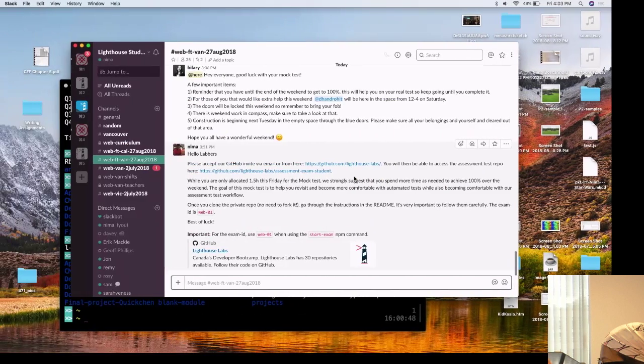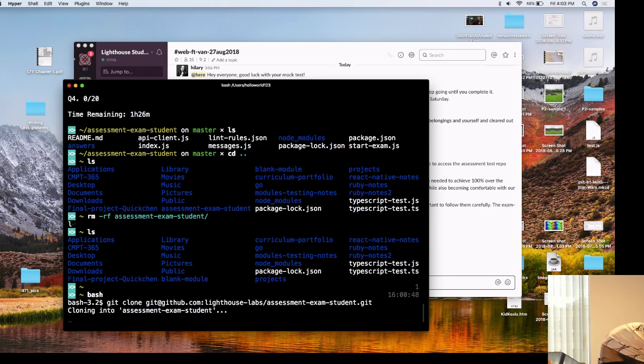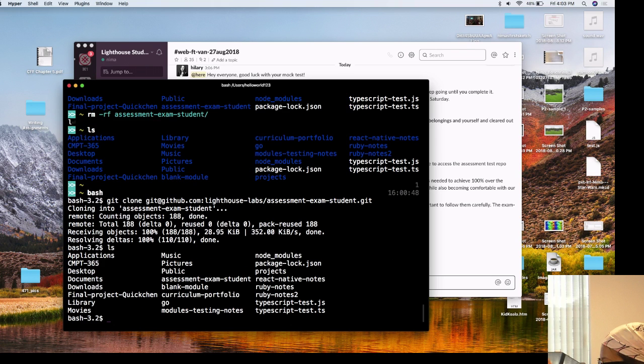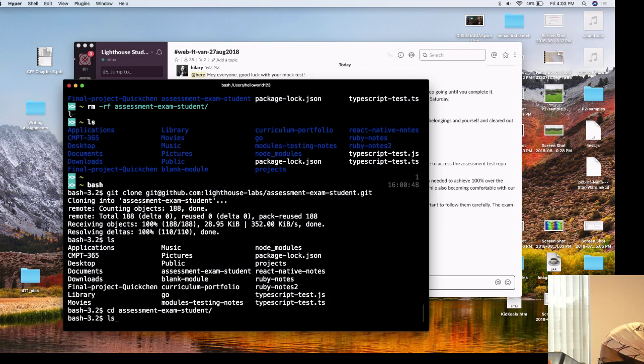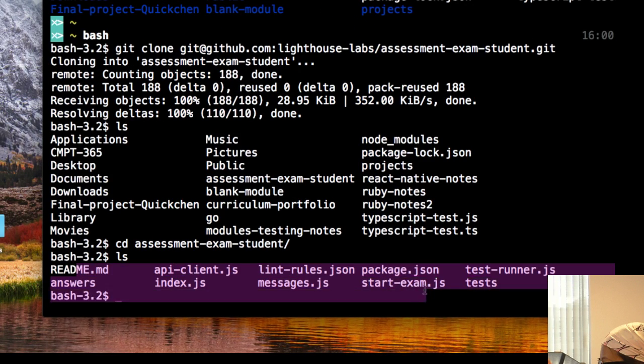So in any place where you are, git clone, it'll clone it in. Now I see that I have an assessment exam student folder, which is going to have this stuff in it. I'll give you a second to do that.